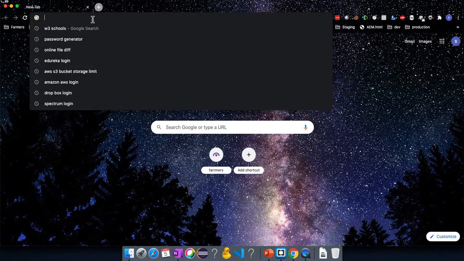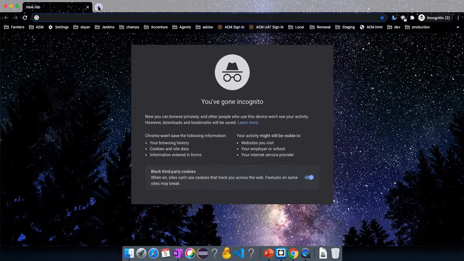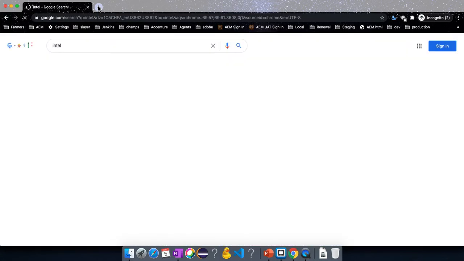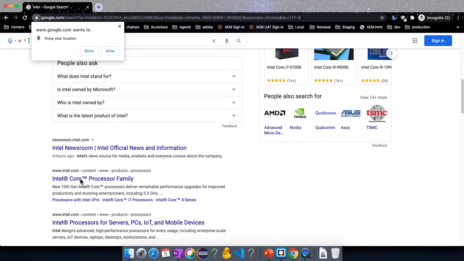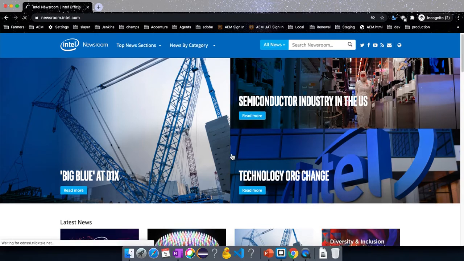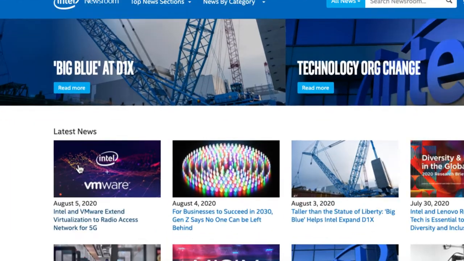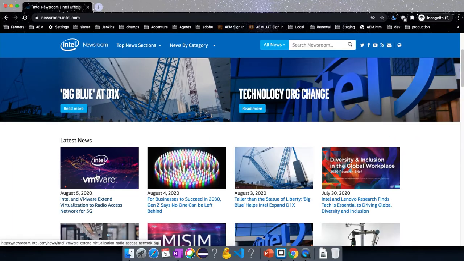you can go here and search for any website as an example. Let's say I'm searching for an Intel company, or any company you take as an example. I'm just opening the company URL. Any URL you can open, whatever site you like. There is a small image here. If I want to show this image in our web page, how do I show it?